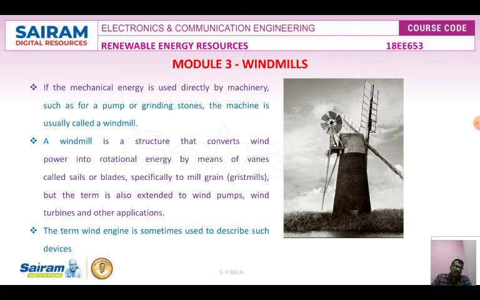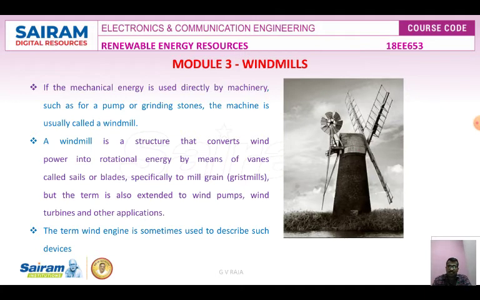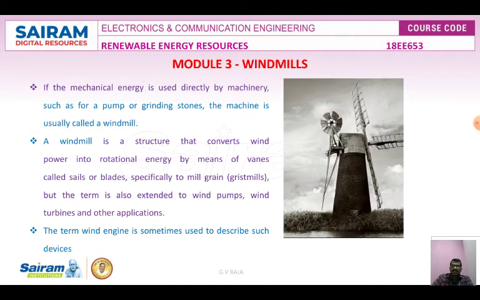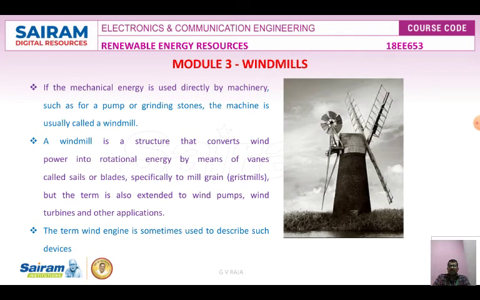There is a yaw that will adjust the direction. This will change the direction to where the wind is coming from more. According to that, it will change. So in a windmill, the mechanical energy is directly used for the machinery, and the windmill is a structure that converts the wind power into rotational energy by means of vanes called sails or blades. The term wind energy is sometimes used to describe the various devices,